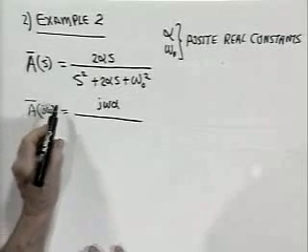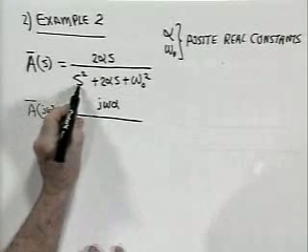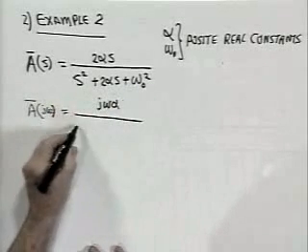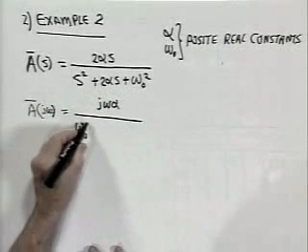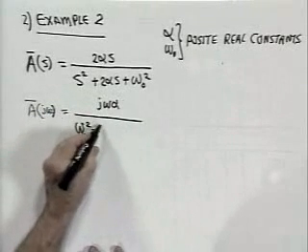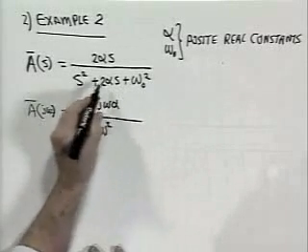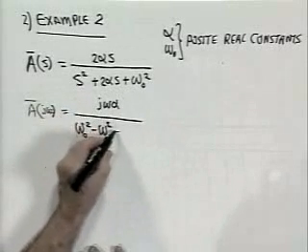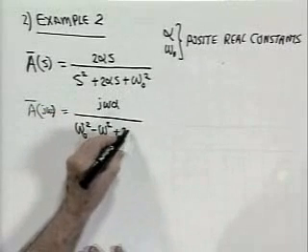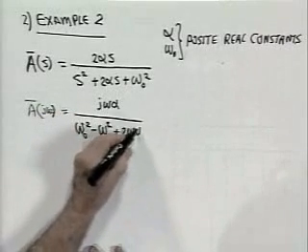J times j is minus 1, so this term becomes minus omega squared. I'll combine it with this term and write it as omega naught squared minus omega squared. And then the imaginary term, the term in S, is just plus 2 omega alpha